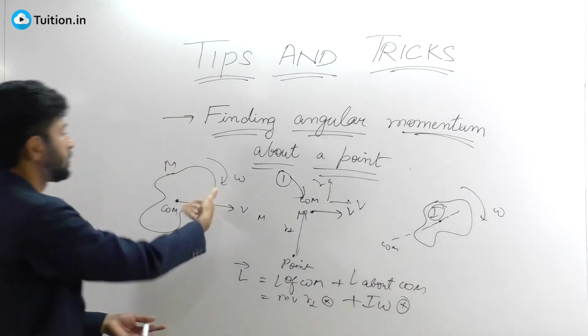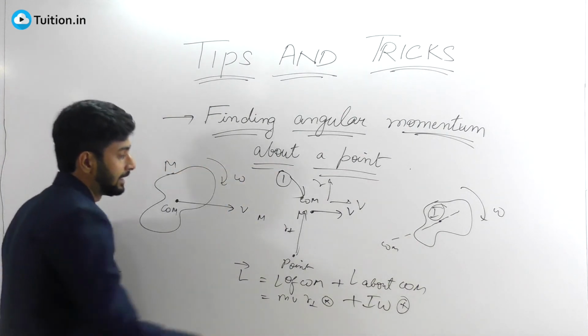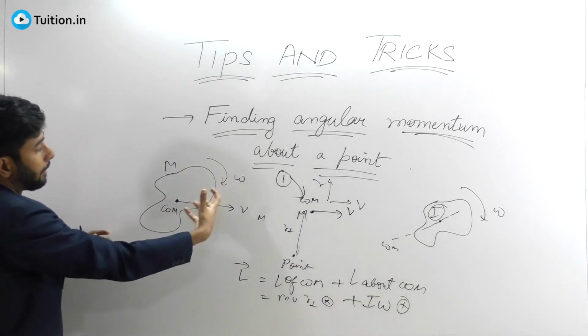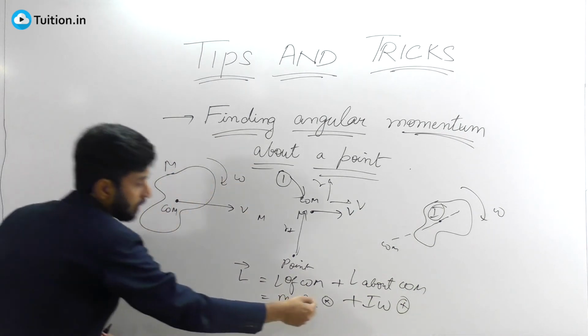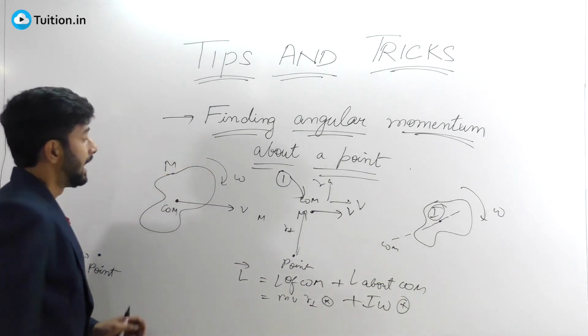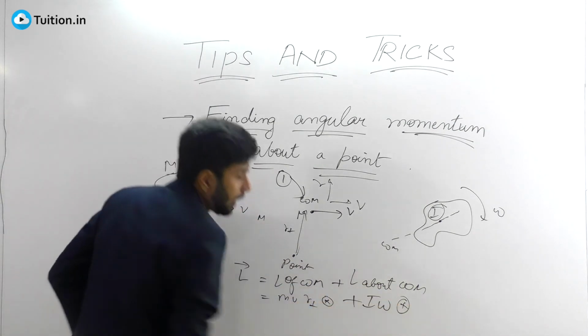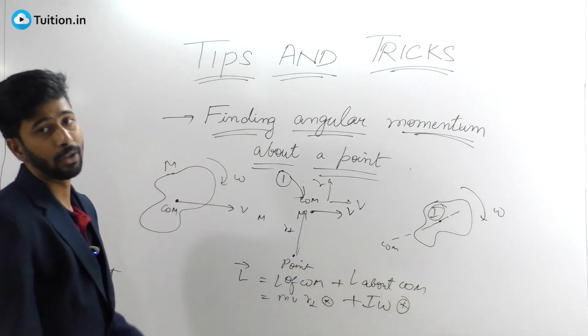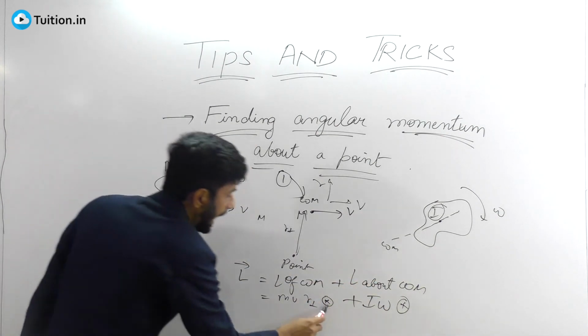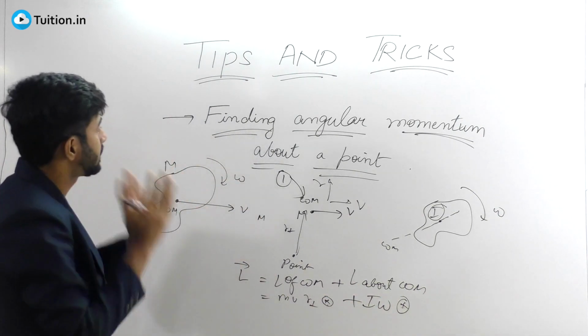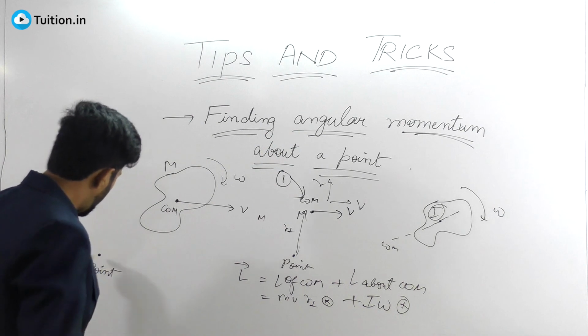For instance, if your body was rotating like that but moving forward, then this would have been a cross, this would have been a dot. If your body was rotating like this but going towards this side, then this would have been a dot, that would have been a cross. And if your body was rotating in the opposite direction and moving that side, both of them would have been dots, but the magnitude is found in this particular manner. So basically you'll just add them up because they are in the same direction, and that represents the magnitude of your angular momentum about this given point.